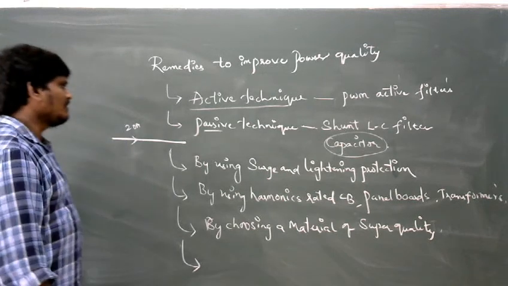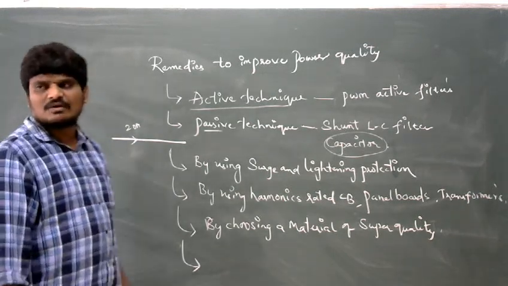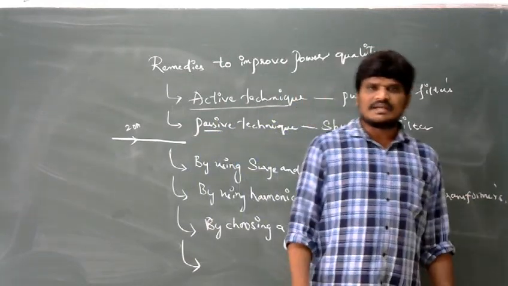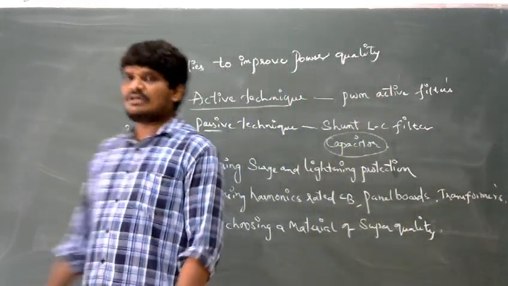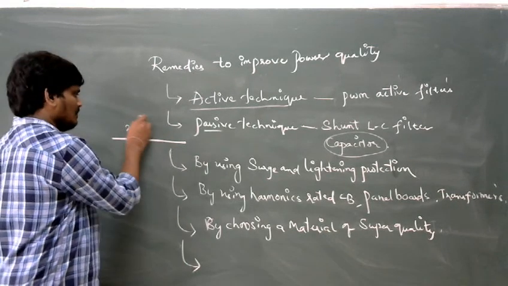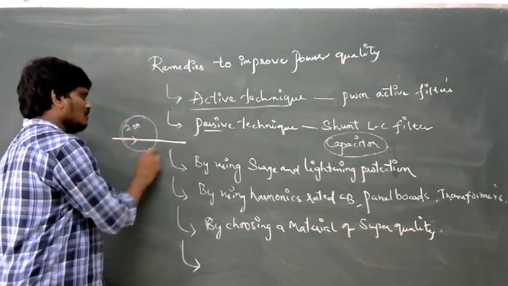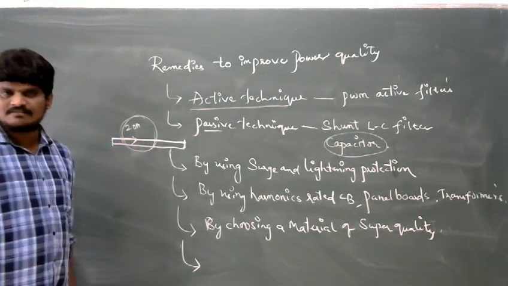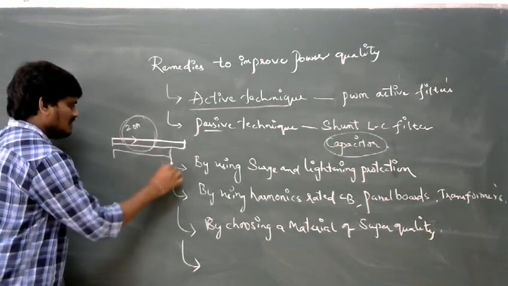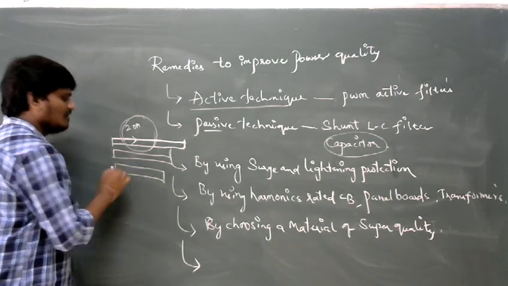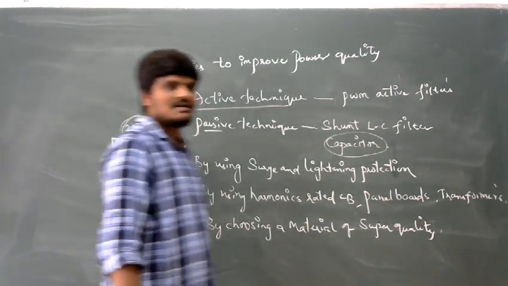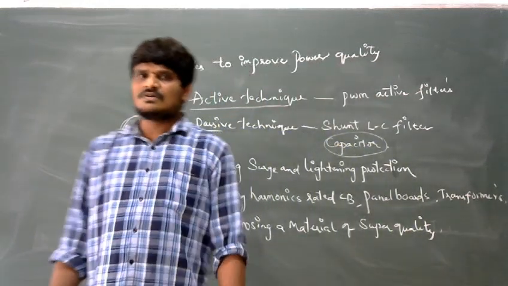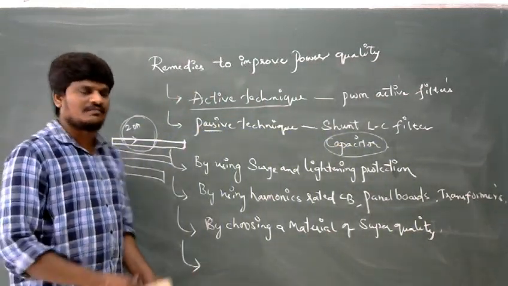Suppose whatever it may be, if the conductor is carrying some amount of current, there will be a particular voltage drop across the conductor in each and every phase. So in order to minimize the voltage drop, if I increase the size of the conductor of each phase, that will minimize the voltage drops that occur and it will increase the efficiency of power transmission. So that will directly improve the quality of power.